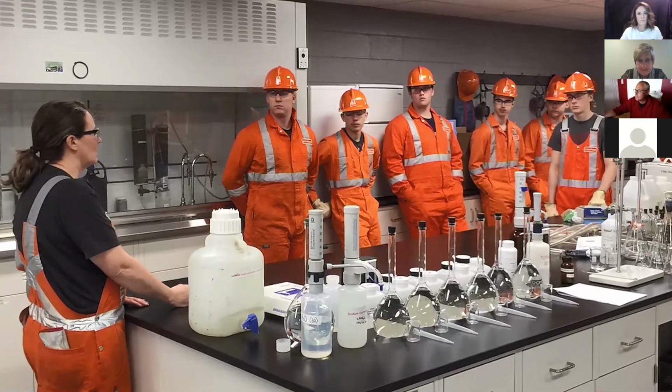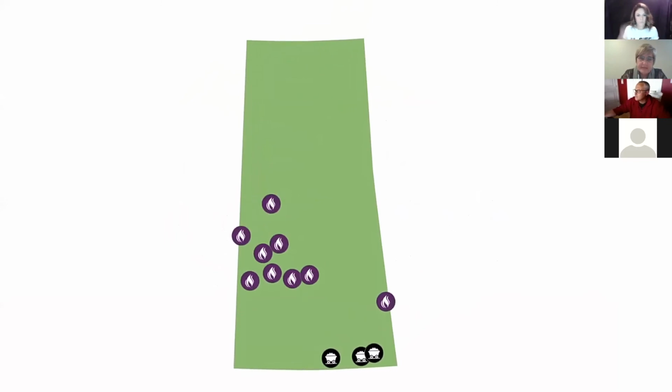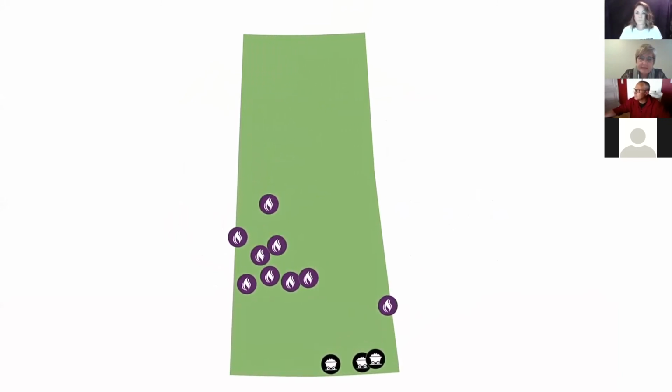Here at SaskPower, we have a great need for power engineers in our various coal and some of our natural gas facilities. Some of our locations are in places where it's very difficult to recruit power engineers. And power engineers are an in-demand profession. They have been for quite some time, and they will be for quite some time in the future.